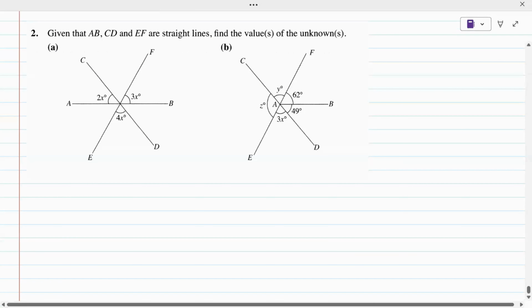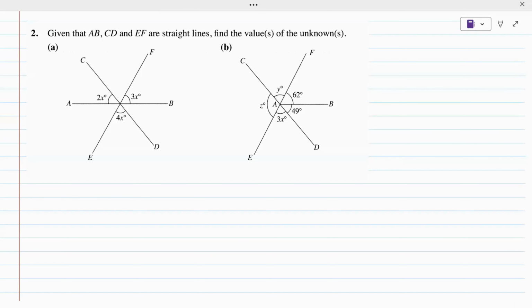Now, in case of this example, here the question says AB, CD, and EF are straight lines. So you have to be particular about the condition used. AB, CD, and EF, all these three are straight lines. So if they are straight lines, you have to keep in mind the properties of straight lines as well. And secondly,